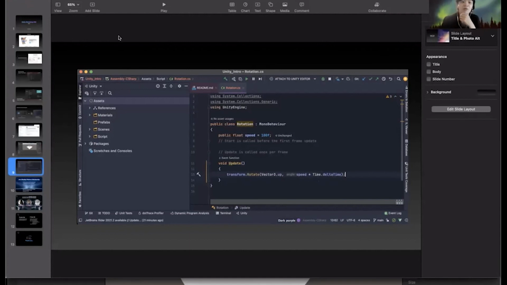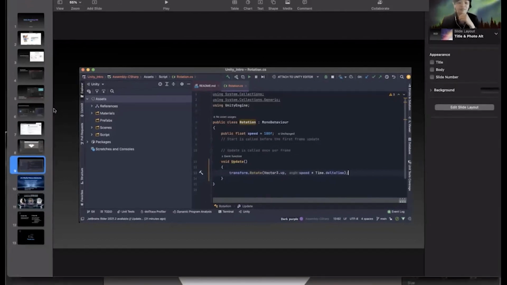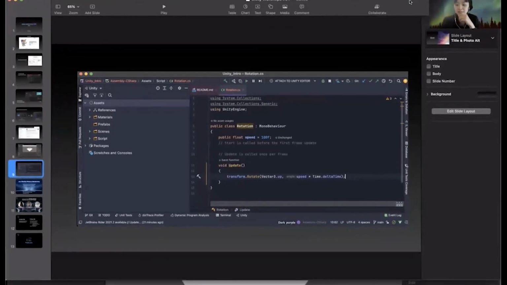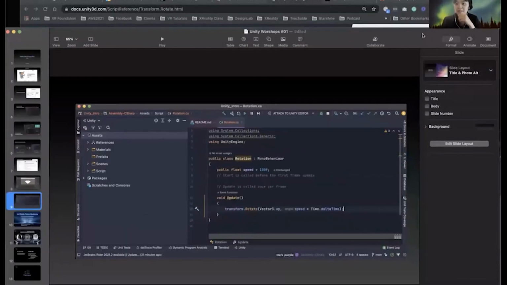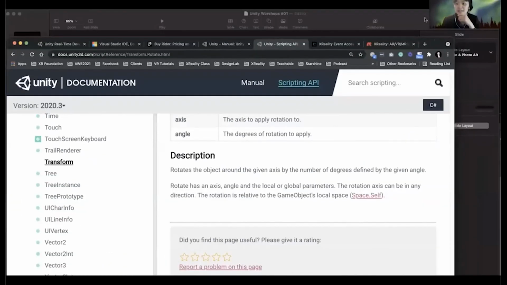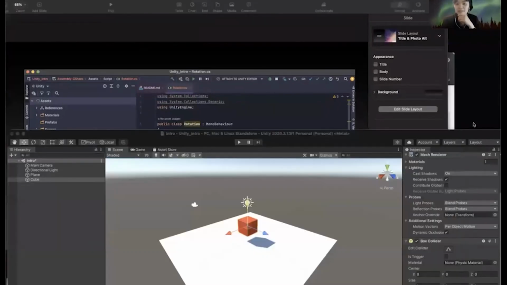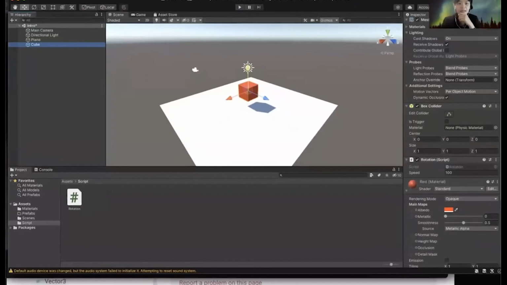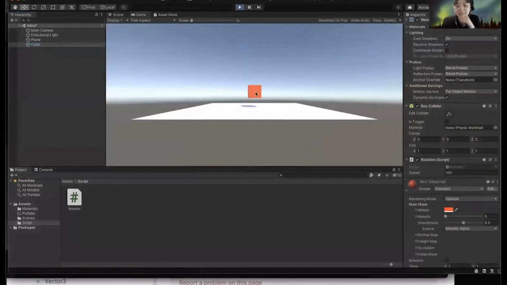Okay, so let's dive into the Unity file. Okay, cool. Can you see my screen? So this is something that we are going